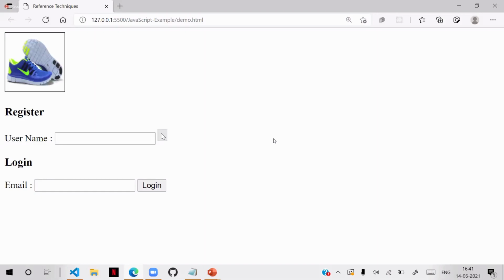Tell the hierarchy. Button is at which index? Observe. Inside that form, button index is how much? Inside the form, button index is how much? Register form is at 0 or 1. Yeah.